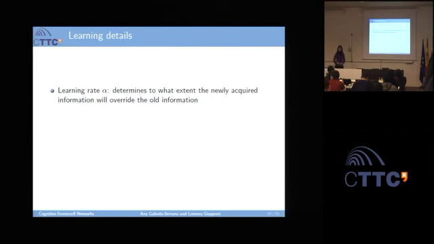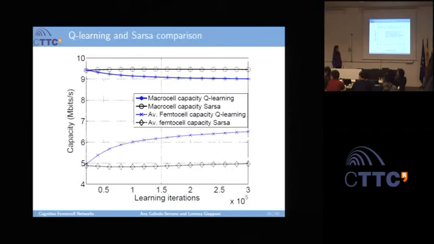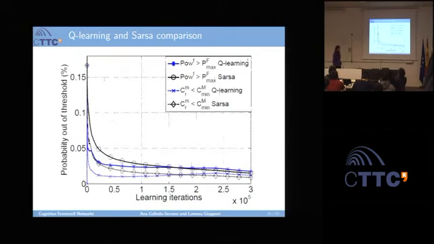Okay, sorry, yes, it's me again. And which is the cost of a learning iteration? In terms of what? Of performance of the system. I mean, in terms of delay. In the previous slide, you said that one is faster than the other one. Yes. Okay, but what is the impact on the system?